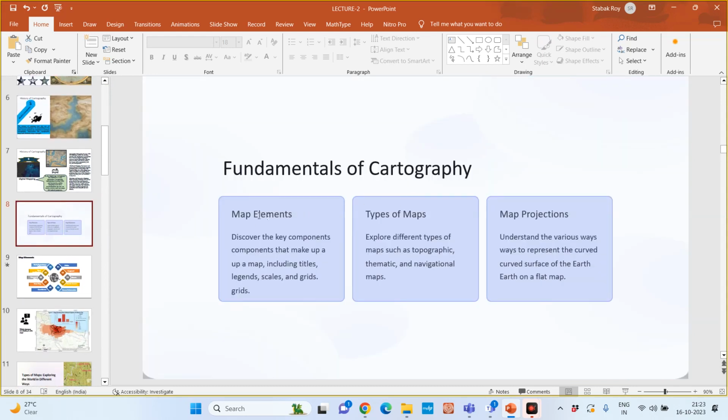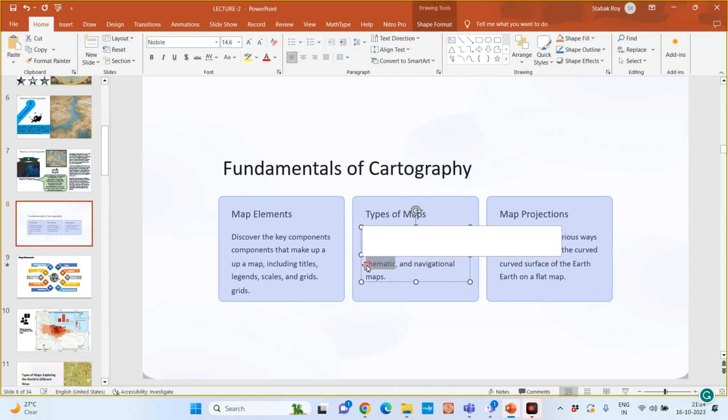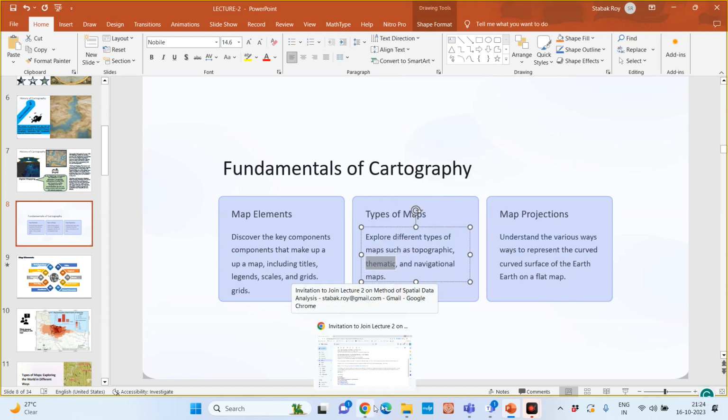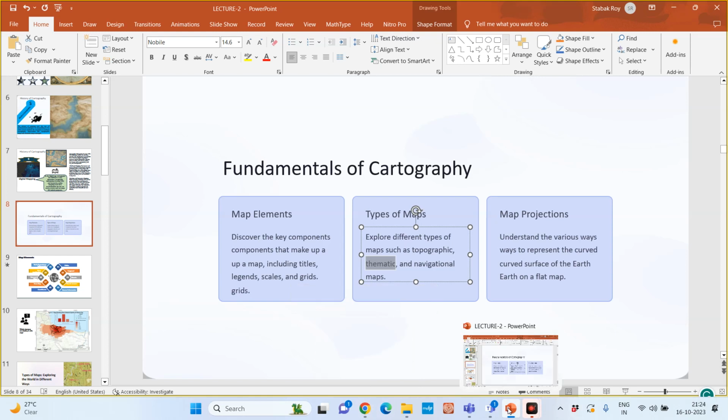From here, okay, map elements, I showed you the types of maps. Okay, topographical map, thematic map, navigational map. And from the navigational map, the Google Map, we will not waste time by showing Google Maps and all. For the thematic map, we will show you the thematic map. Okay, thematic map, there is a